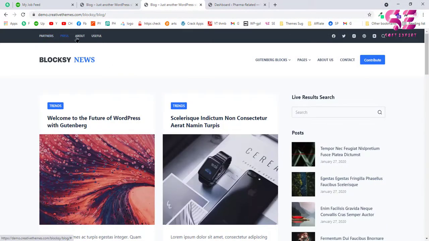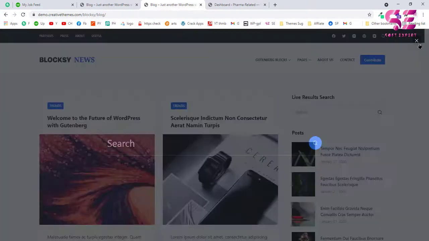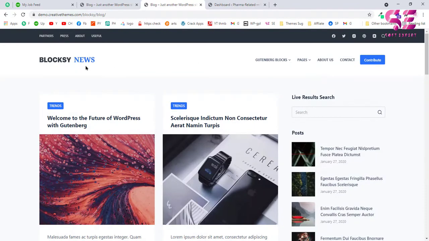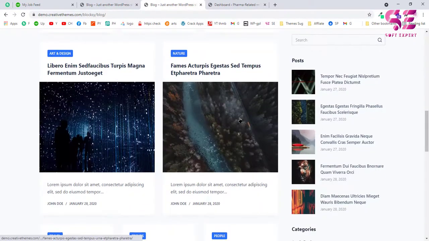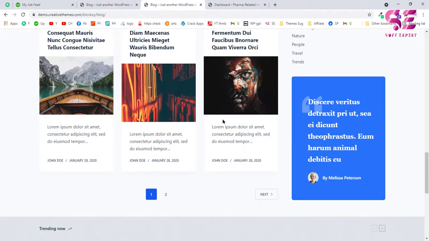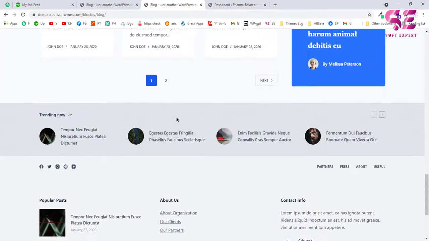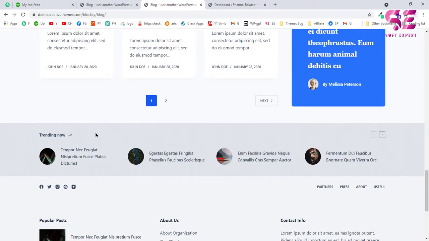So as you can see, we have a top header with some useful links and social icons, and we have a search bar which looks like this. And this is our main header, which includes a logo, and obviously we will display our own logo here. We have the main menu with a call to action, and we have our blog post over here. So this is the first look, and this is the second one, and again we have that look again, and this is the trending now section. So you can display many blogs that are trending over here.